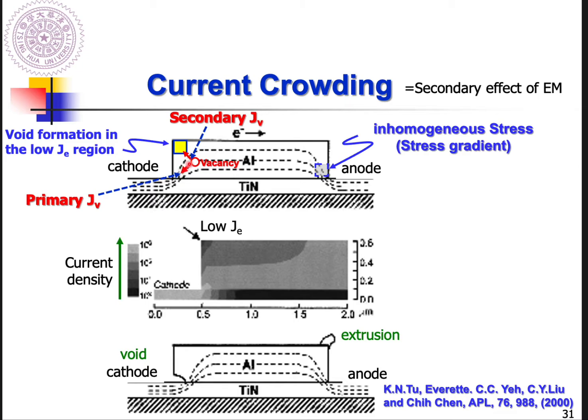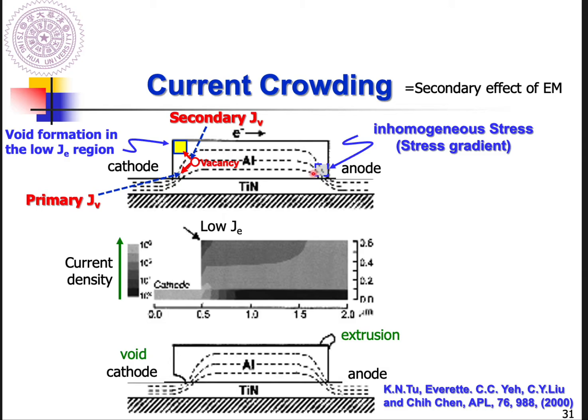Usually, as long as the electron flow is high enough, then based on electron migration, you can observe the stress field, because the aluminum atoms are going to be pushed to the right-hand side at the cathode side, and vacancies form at the cathode. There will be more atoms presented at the anode side, and some vacancies accumulate at the cathode side, right? And based on this geometry, you can know